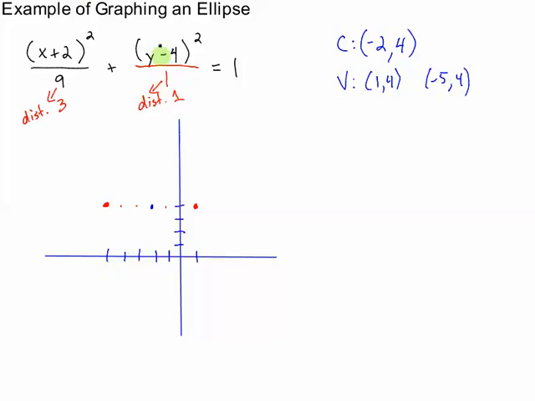Now I need to go 1 unit in the y direction from my center. So I go 1 unit up and 1 unit down from my center. So that's here and here. These points are on the shorter axis, the minor axis. So these are not vertices. These are just points to help us graph. Some books consider those to be vertices as well and say that an ellipse has 4 vertices. So here's the graph. Now we've graphed it, but let's go ahead and figure out some more information, such as